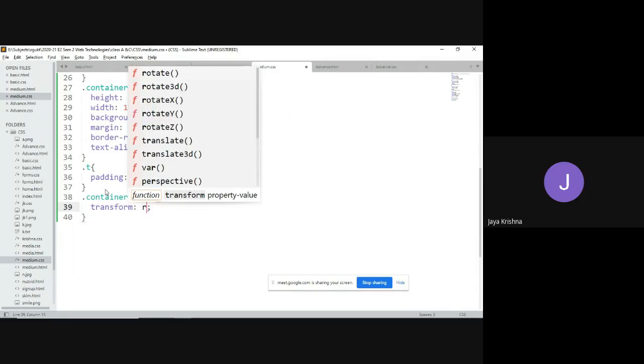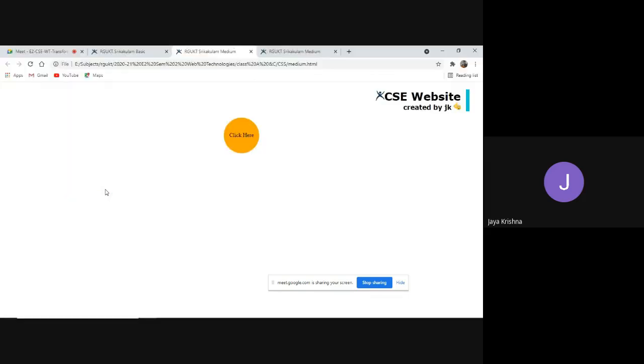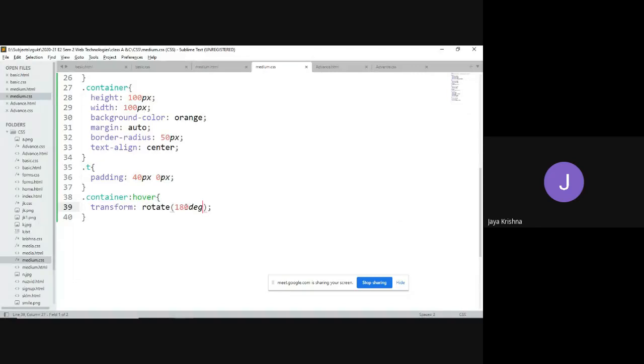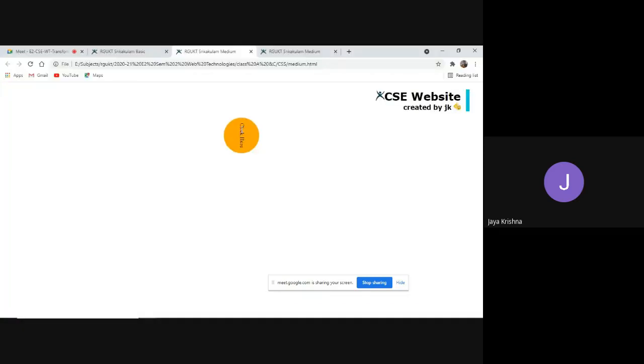In that, I will use the rotate method. For example, 180 degrees I need to rotate. Observe, on placing the cursor, what happened? It is reversing the direction, right? If I go for something like 90 degrees, is it rotating or not? Yes, 90 degrees.